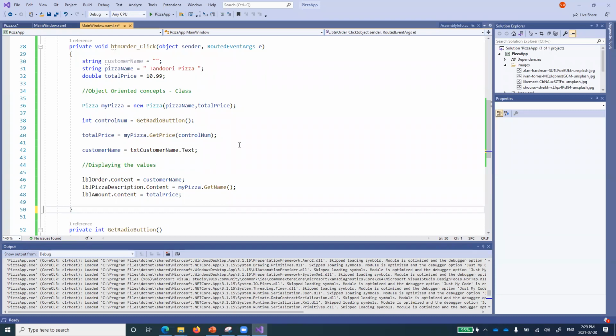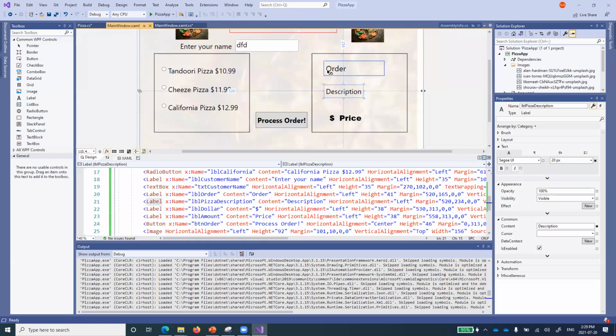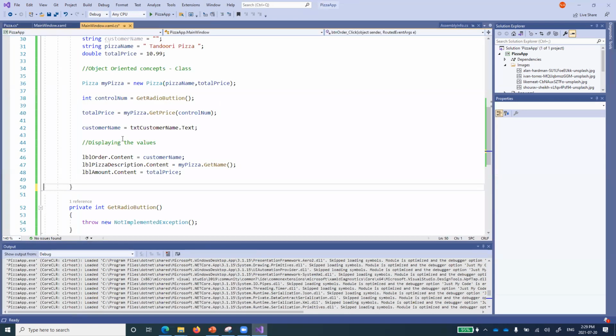Now, if I want to display the values or change the contents, label order was here. I want to change this with the name of the customer, so I said label order content is equal to customer name.